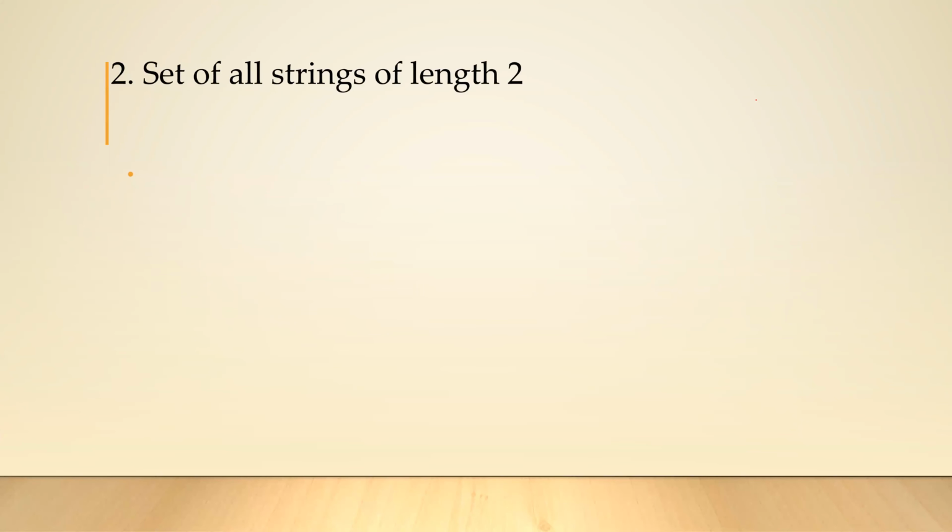So we start doing a few problems. Now we'll have to generate grammar for the set of all strings of length 2. Now we just follow a common thing: everything over a and b. Set of all strings of length 2 means your language will be aa, ab, ba, and bb. That's it, your language. It is a finite language.